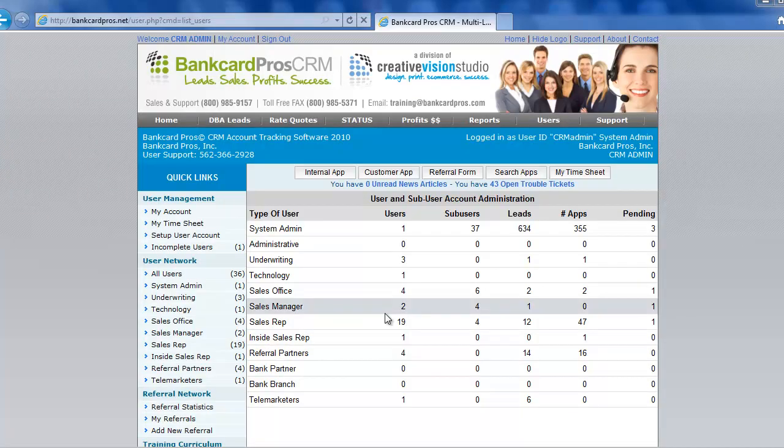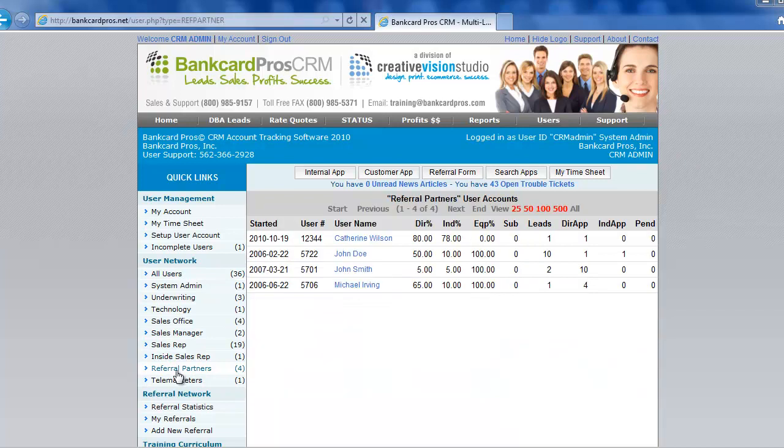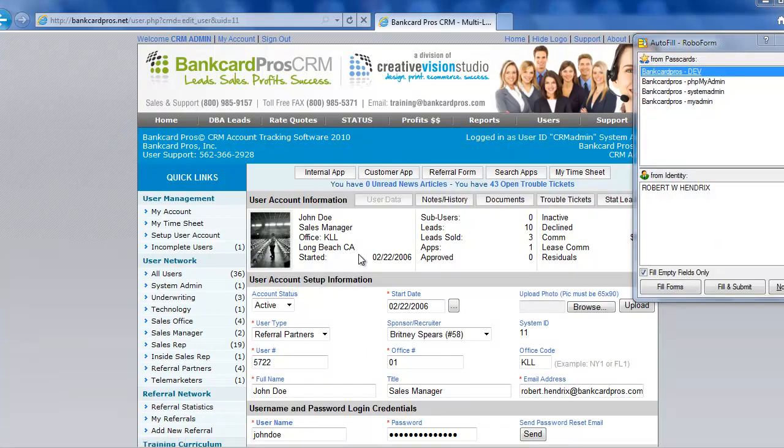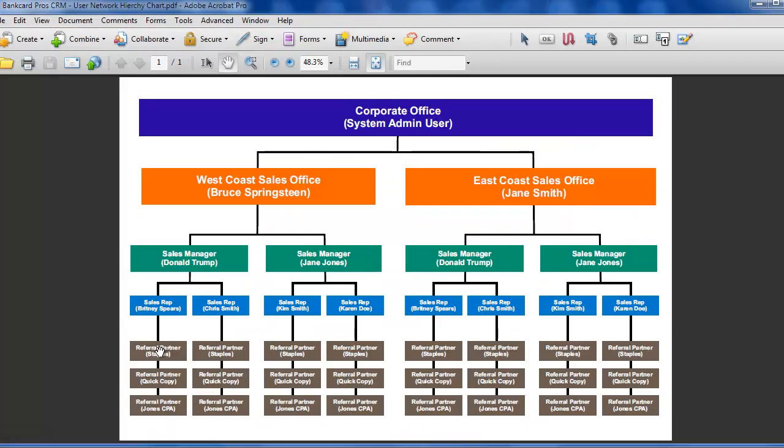So in the system, if we go to Referral Partners, we're going to see John Doe. John Doe is the referral partner in the chart. If you click on John Doe, you're going to see that we have John Doe set up as a referral partner user. This referral partner user, John Doe, is linked directly to Britney Spears, who is the sponsor recruiter, who's actually the sales rep. So right now, we have the referral partner, John Doe, who's linked directly to the sales rep, Britney Spears,